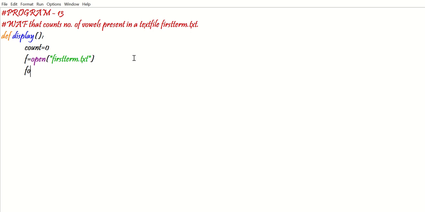Now I have to read data equals f.read(). Okay, I'm reading it here. For i in data, if i in A, E, I, O, U, count plus equal to 1,